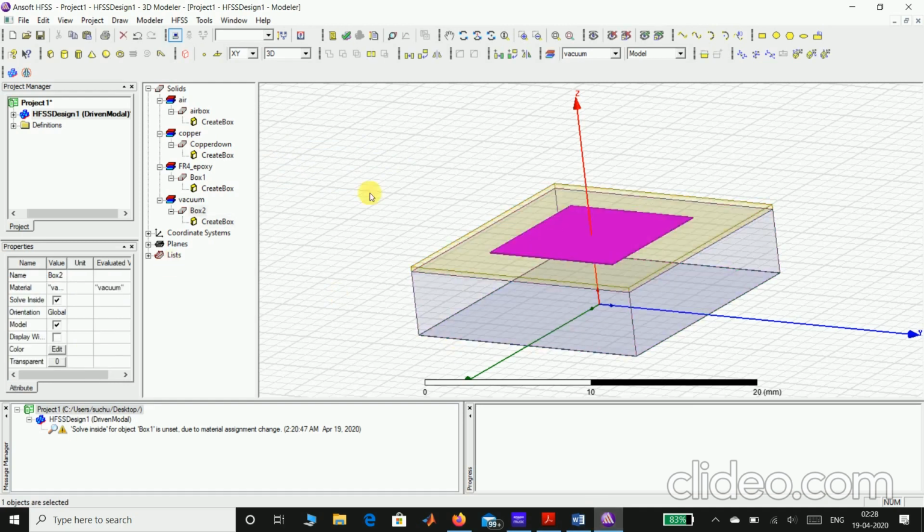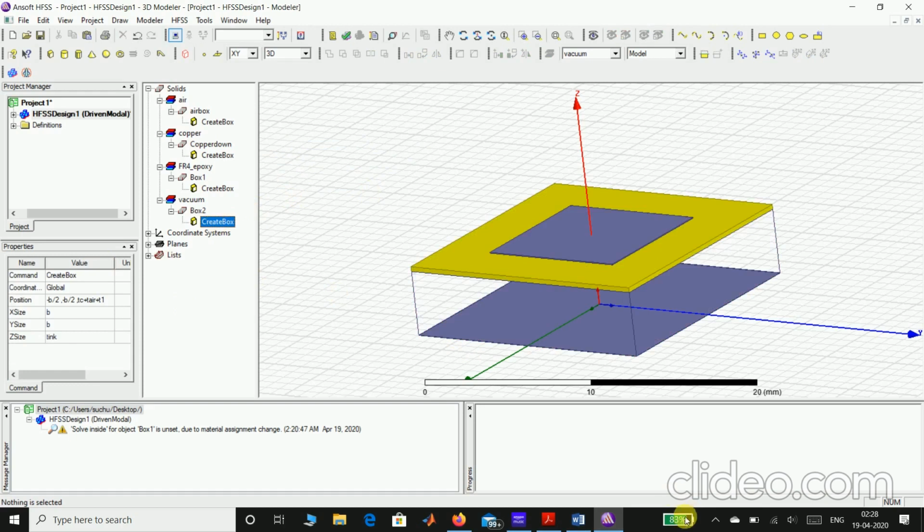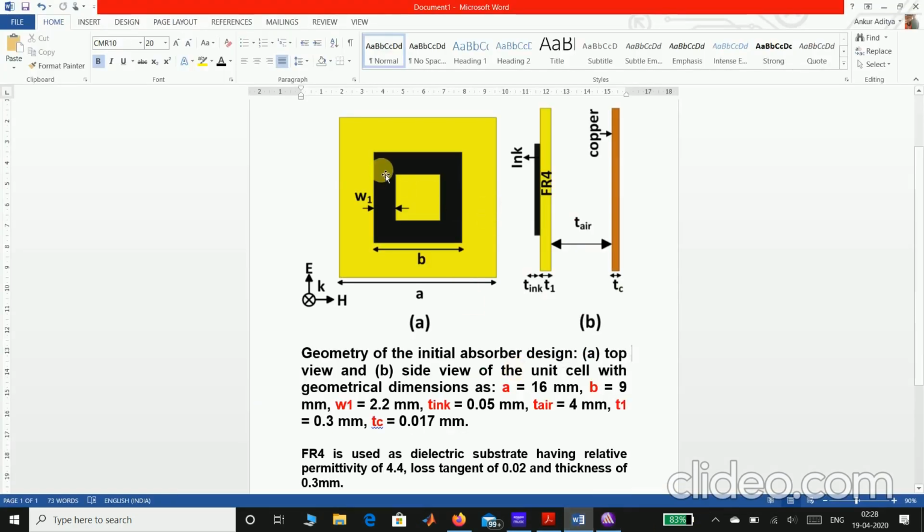So the question is why I am taking minus b by 2, comma minus b by 2. I've already told you, we have to consider the starting point. Its thickness is b, it's aligned with respect to b, not with a, because the a thickness is this one, and this one is the b thickness. So we are considering the starting point. Let me select this as the starting point. If I'm taking this as the starting point, obviously we are going minus b by 2 distance in the x-axis, minus b by 2 distance along the y-axis. So this point will obviously be minus b by 2, comma minus b by 2. I'm taking this as negative y-axis, and remember that I'm taking this as negative x-axis. That's why this point is minus b by 2, comma minus b by 2. So this one I'm taking as the starting point.